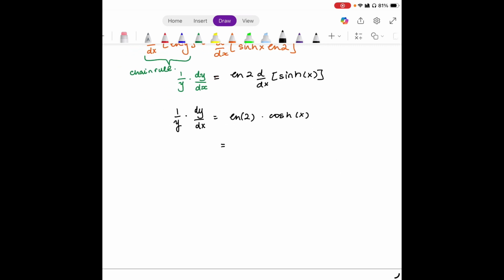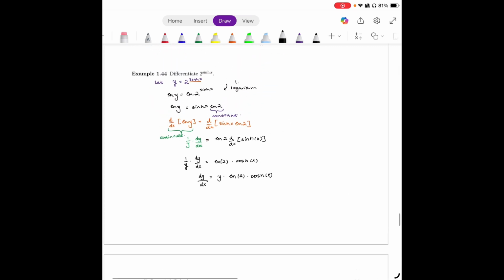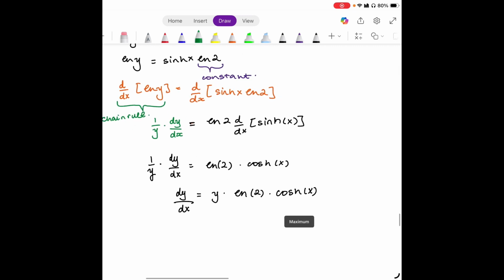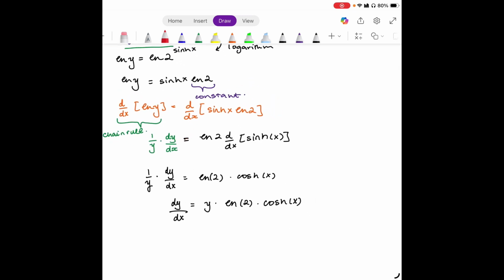And hence y times log 2 cos x is equal to dy dx. Notice that y over here is actually equal to this bit at the front start, so we can use that. Let's sub that in. So our final answer is